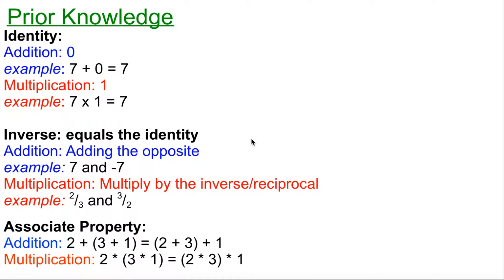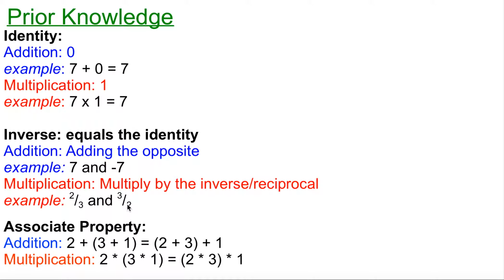For inverse, when we multiply or add by the inverse, we know we're going to get out our identity. So for addition, it's like adding the opposite. If I have 7 here, the opposite is -7. If we add 7 and -7, we will make a 0 pair, which is exactly what we wanted as the identity is 0. When we multiply by the inverse or the reciprocal, so we have a number 2/3, its inverse